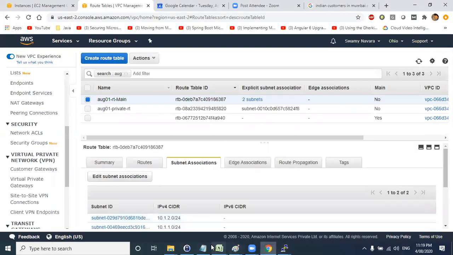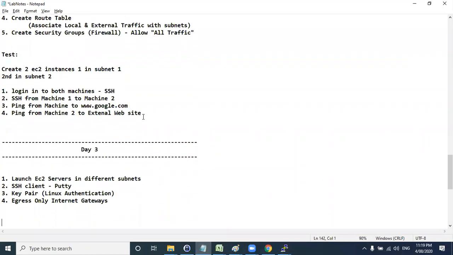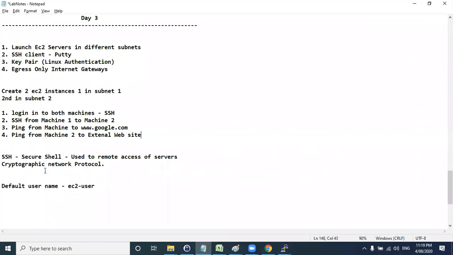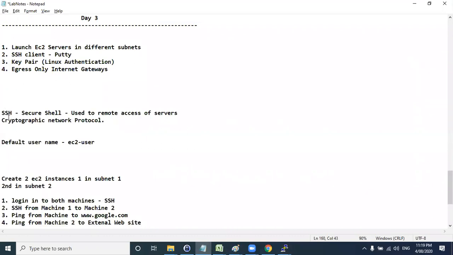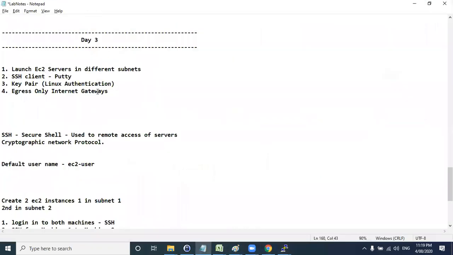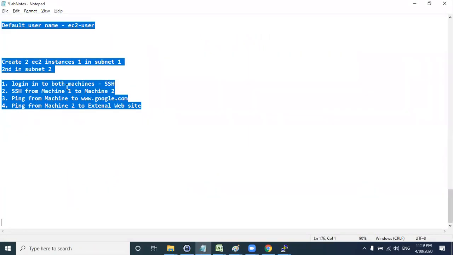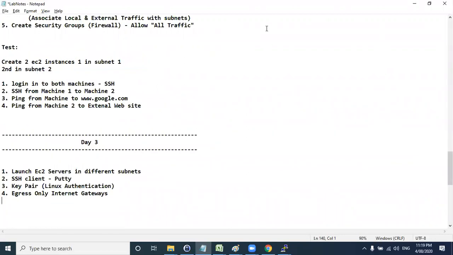I will upload this video and I will be sharing the lab 3 notes. In this lab 3, what you need to do is create these EC2 machines and test this. I'll update how to install SSH and other things, creating the key pairs and all, and I will keep these lab notes in the same drive link. So refer to the day 3 lab notes, and complete the day 3 lab before tomorrow's session. Clear? Okay, Harish.